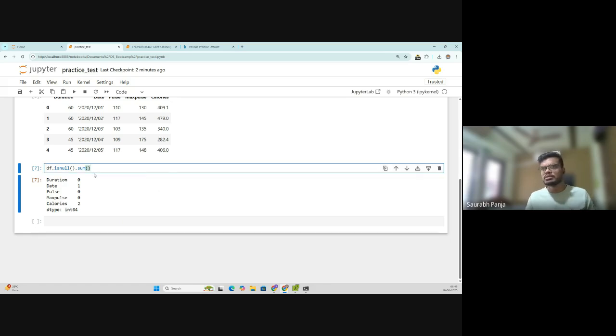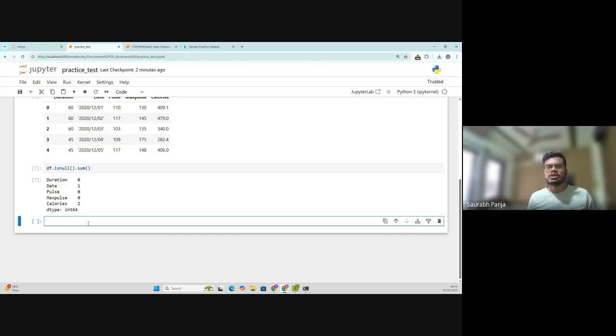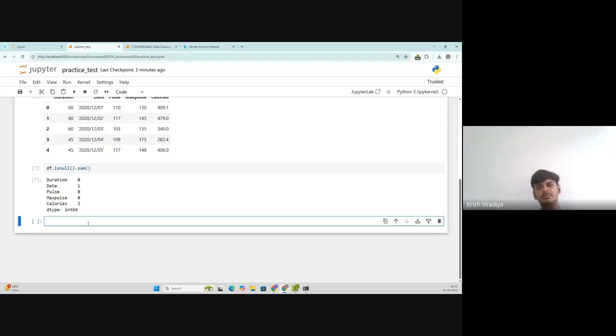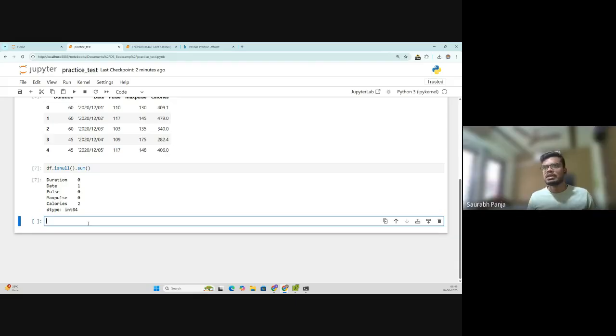We ourselves have to think. Should we drop it? It would be better to fill with the mean value, the average. Okay, and how do we fill it? We have to reassign it. We'll do a df2, df dot fillna with